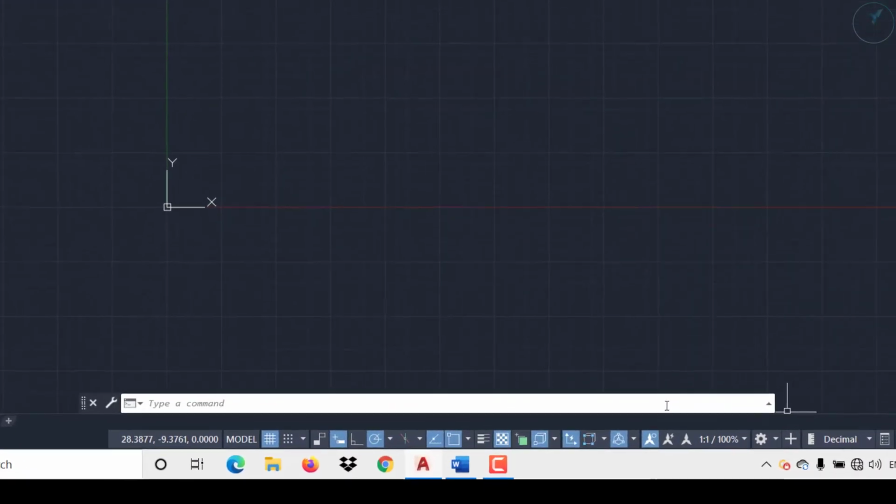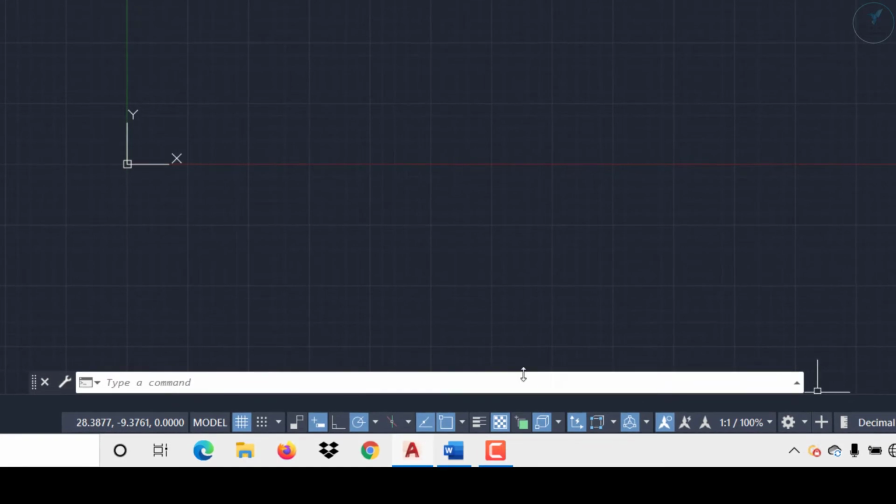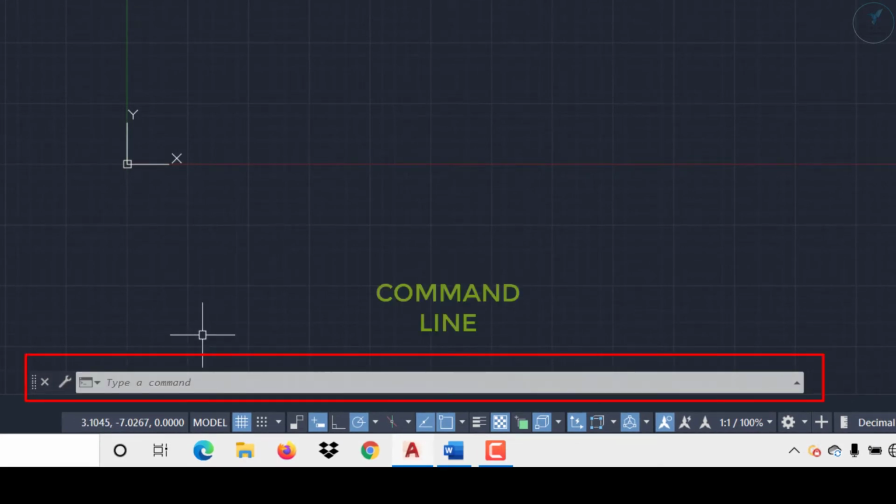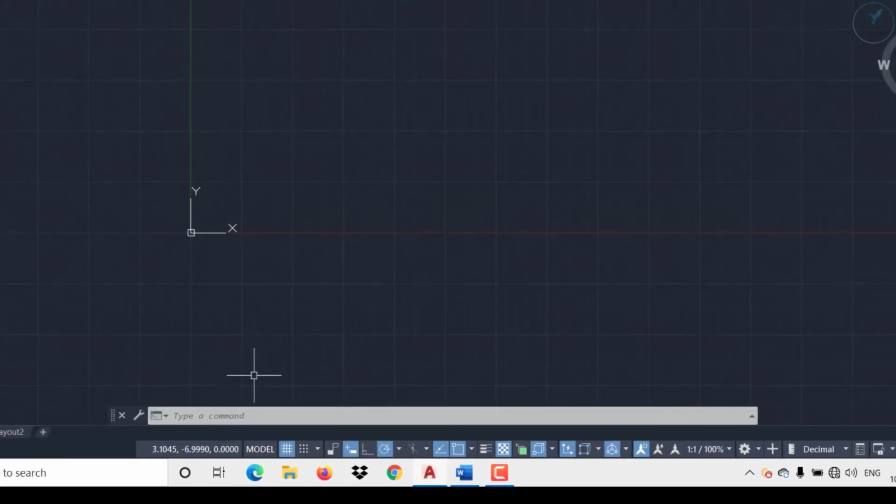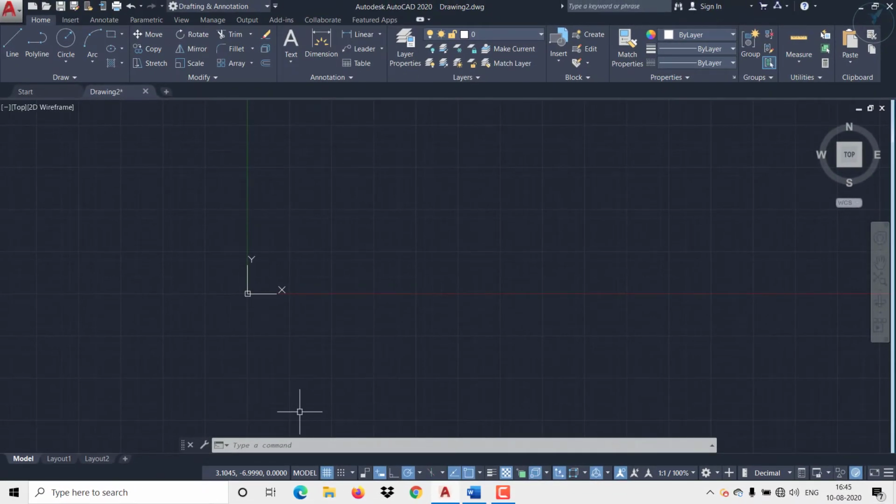Over here you can see this is called command window. This command window is useful to type the command and you can get information about the tool that you are using.